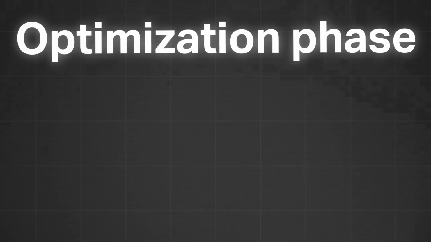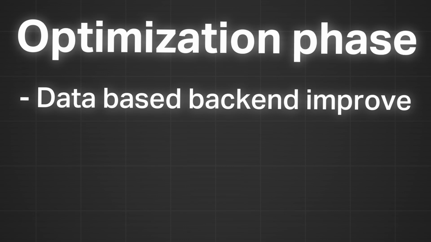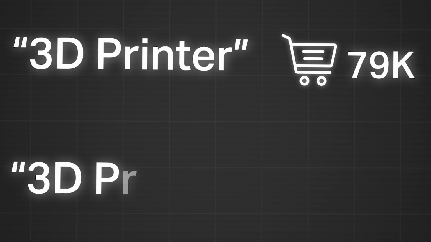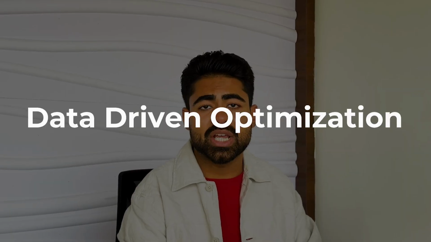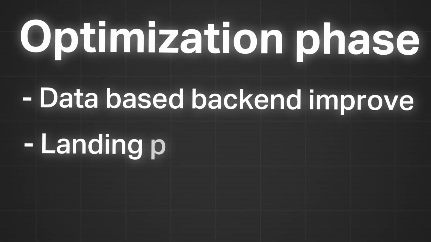The first way is by making improvements on the back end based on real data, not just random numbers, but real data based on your entire brand. Maybe you have sales in the past 2 years for a product, or maybe certain keywords you saw in Google Ads that are getting you sales. You want to use that data and optimize the back end based on that data first. It's all about data-driven optimization, because then it brings us to the second phase of optimization, which is landing page